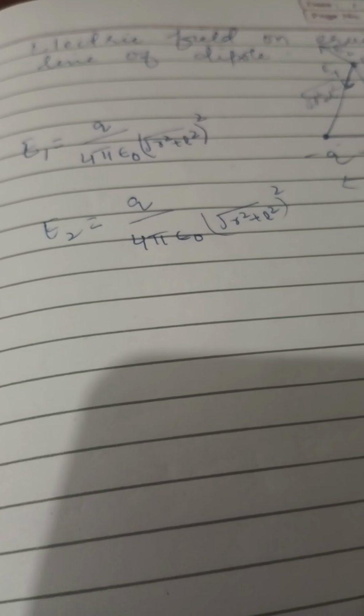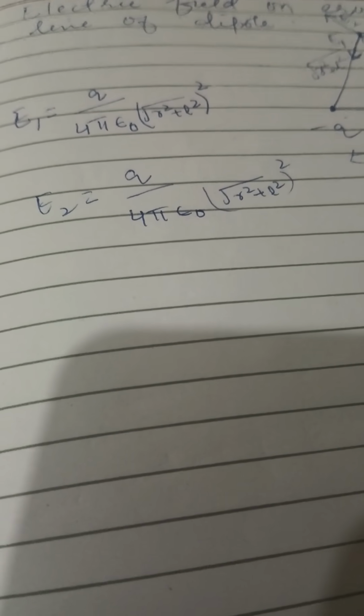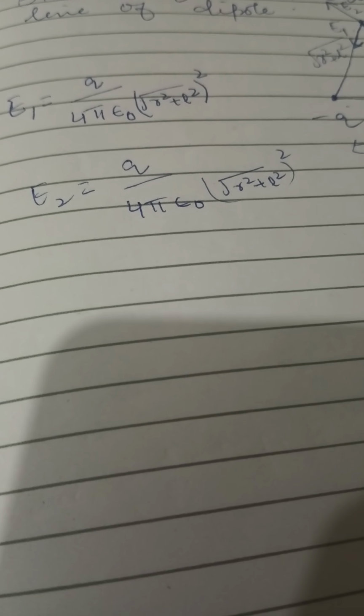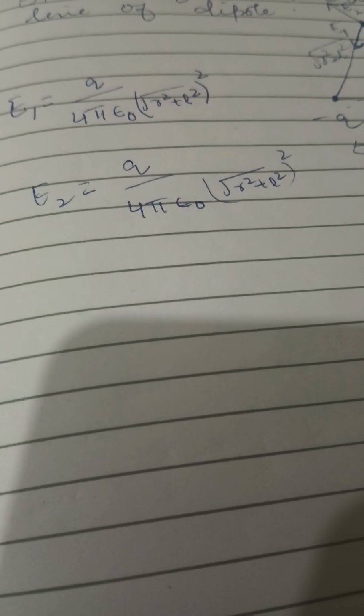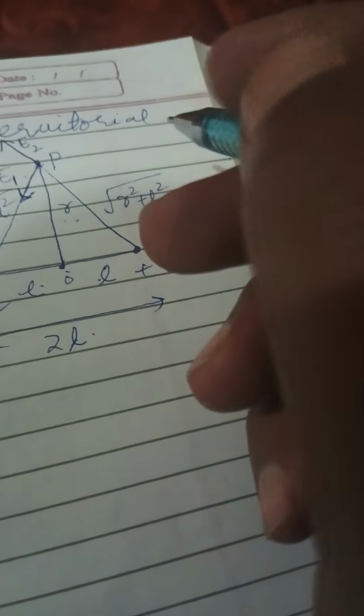So we have to calculate the net electric field now. Since we know that electric field is a vector quantity, algebraic addition doesn't work here. In order to calculate the net electric field, we have to vector sum them. Now to do the vector sum, let us assume this angle to be theta. If this is theta,